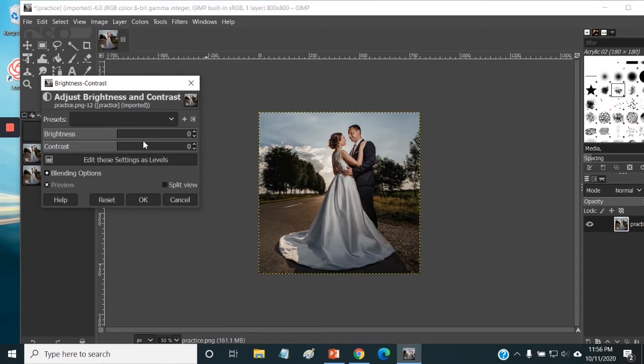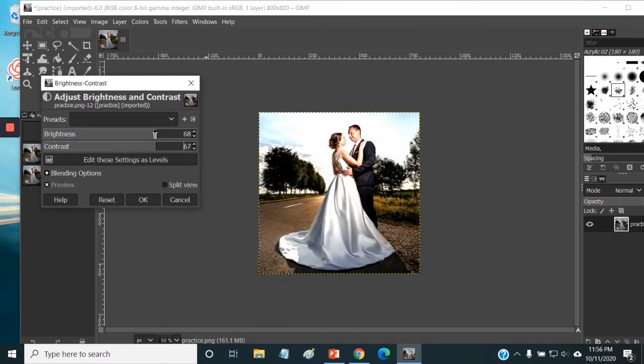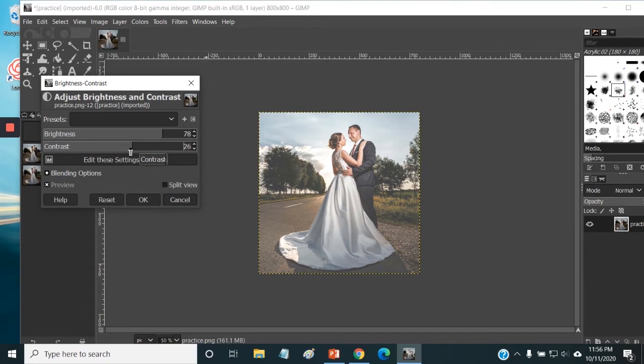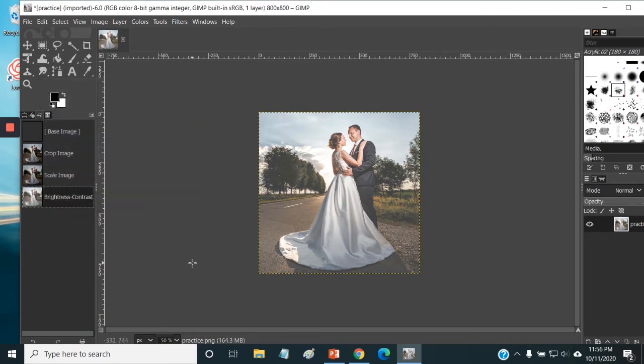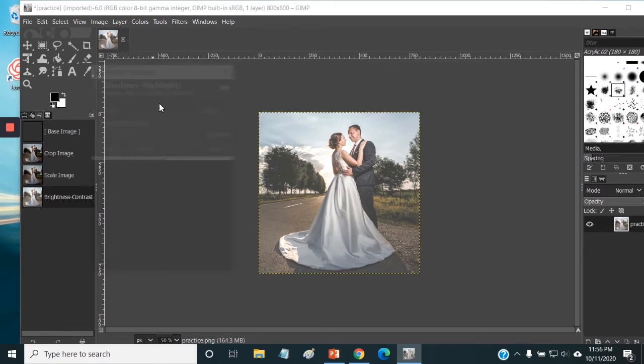If you have an old photo that's all washed out or just way too dark, you can mess with the brightness a little bit. And as you can see, you can do a little something with the brightness and contrast. Once you have it the way you like, hit OK, and there you go. Just to look at another option, we'll click on Color, we'll do Shadows and Highlights,